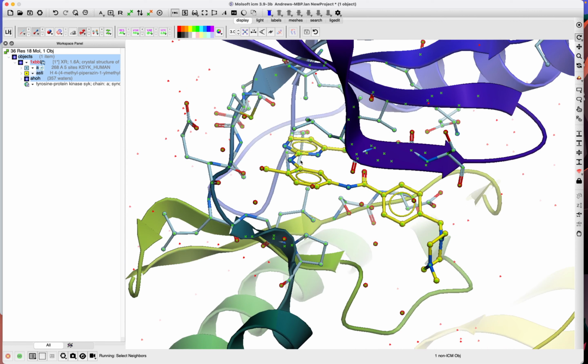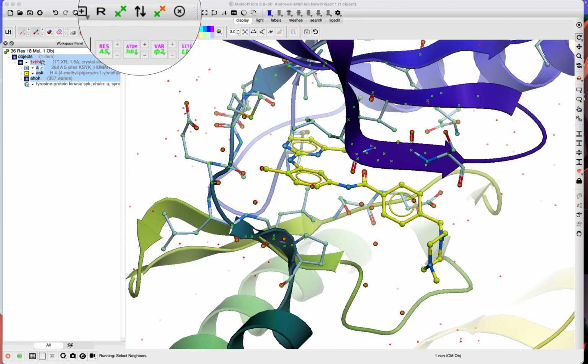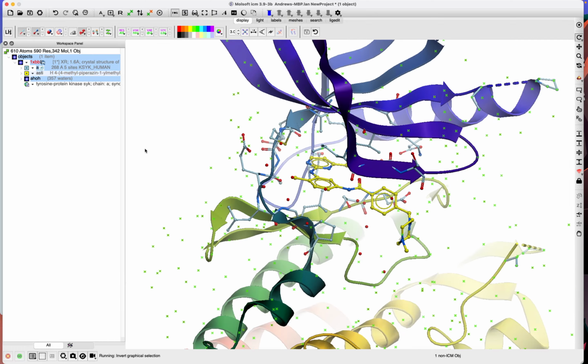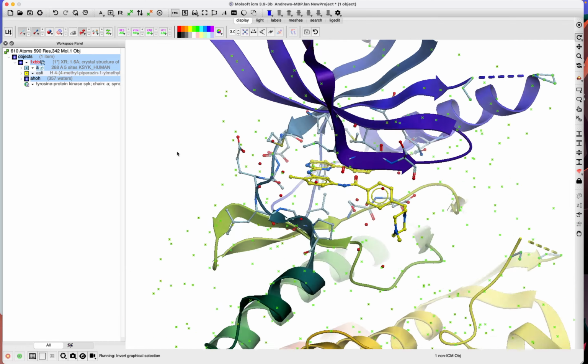keep just the waters that are in the pocket. So we can then use this option called invert selection. It's an up and down arrow, it could be an exclamation mark in older versions of ICM. If you click on that, that will invert your selection. So that means it's selected everything outside of the pocket,